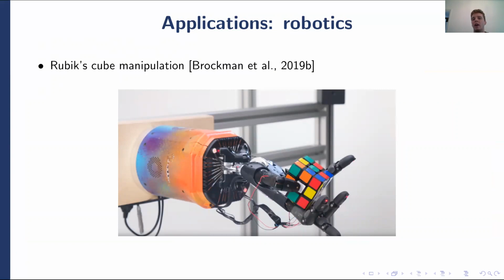So this robot doesn't solve the Rubik's cube problem using reinforcement learning. It just, given a solution, it's able to manipulate the cube to make that solution. So basically, reinforcement learning here is used to transform an abstract solution, like a sequence of steps that you would have to perform on the cube, into a robot manipulation that actually deals with a real cube in the real world.